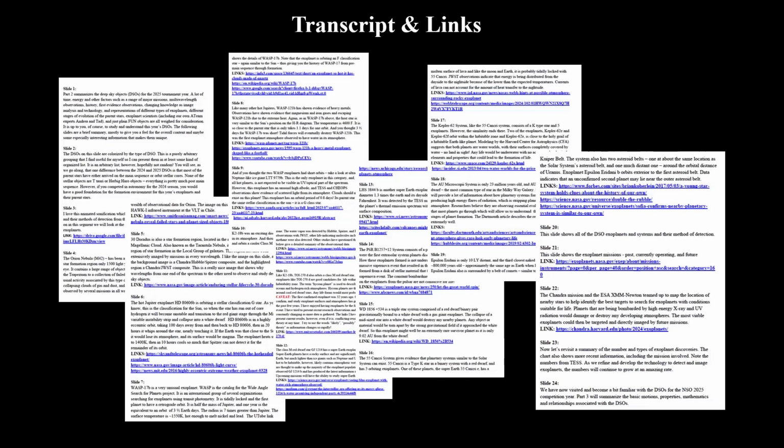This has been a brief overview of the content and deep sky objects for this year's competition. As I said earlier, I have listed links in the transcript that I thought might be helpful. The transcript pages for the deep sky objects are shown on this slide. There are no links on the transcript pages for this last section on resources and preparation because I have placed them all directly onto the slides.